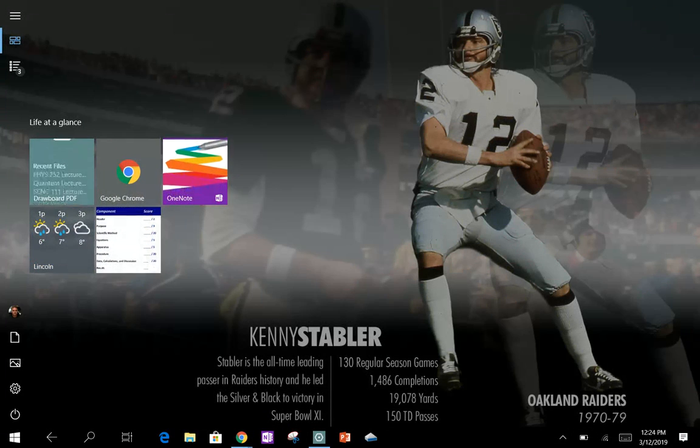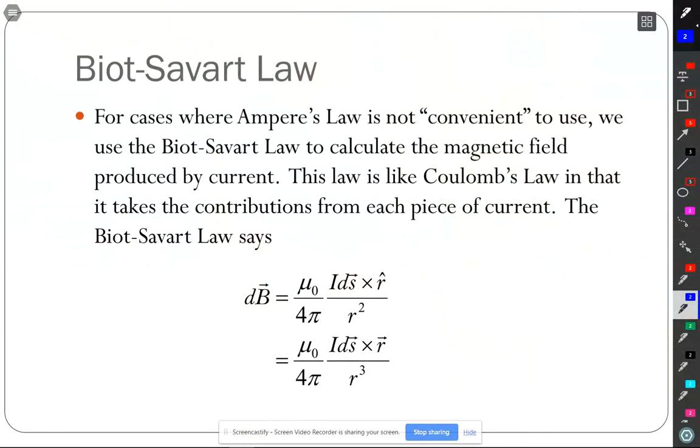Before you close that out, could you just write down the equation for an infinite wire? Because you didn't actually